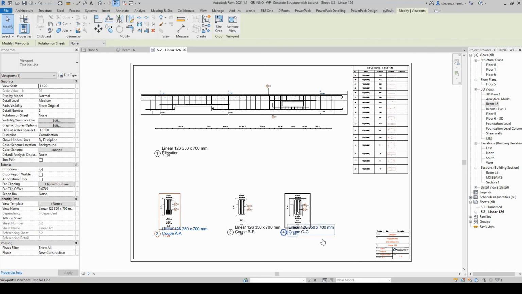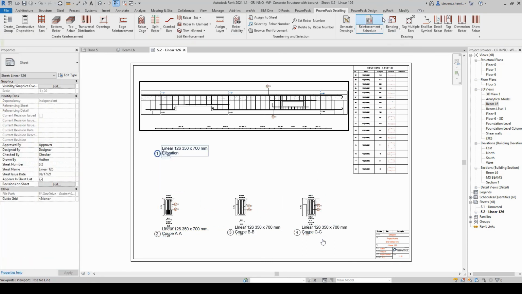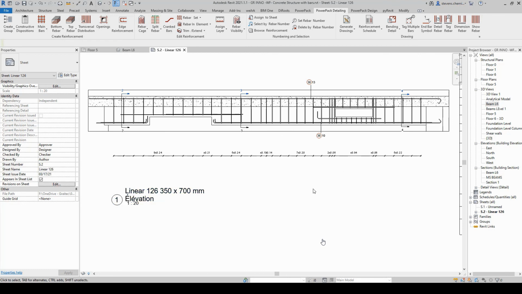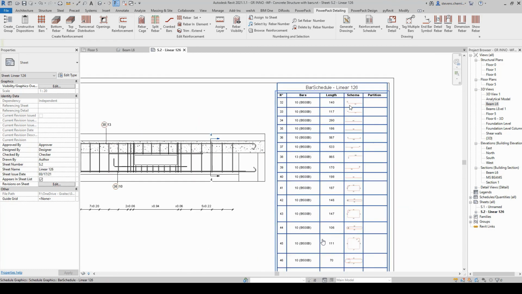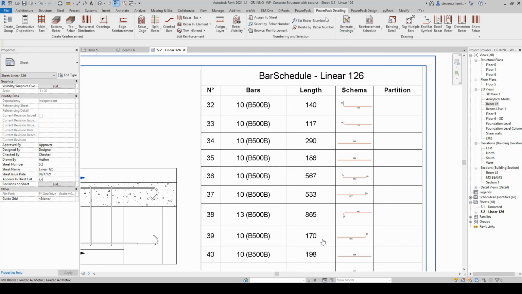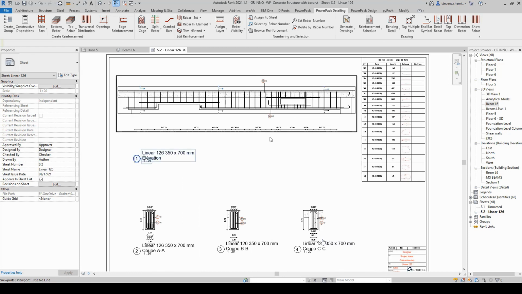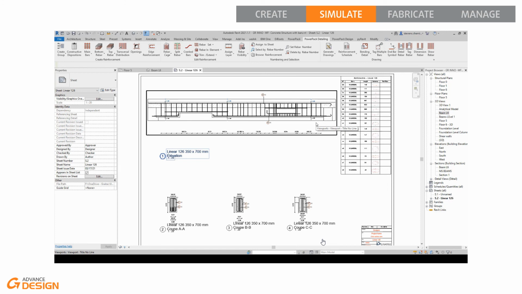So it's an interesting command as well, which will automate the schedule schema insertion and placement inside a schedule. Otherwise, in Revit it's not possible to place such a schema. So our schedule schema command will automate this image creation and assign the images automatically to rebar, so you will be able to see those images in your final drawing. Okay, so that was the end of this first part of the presentation relative to workflow for concrete structure.